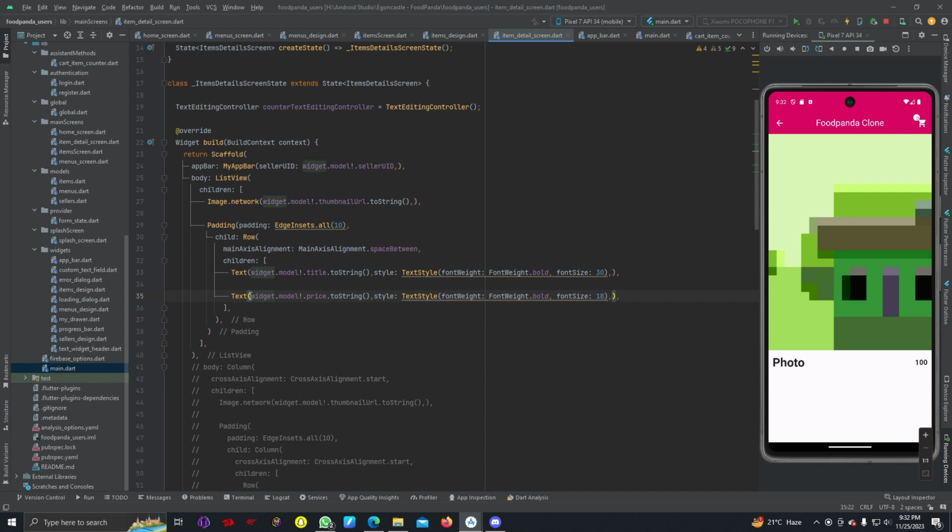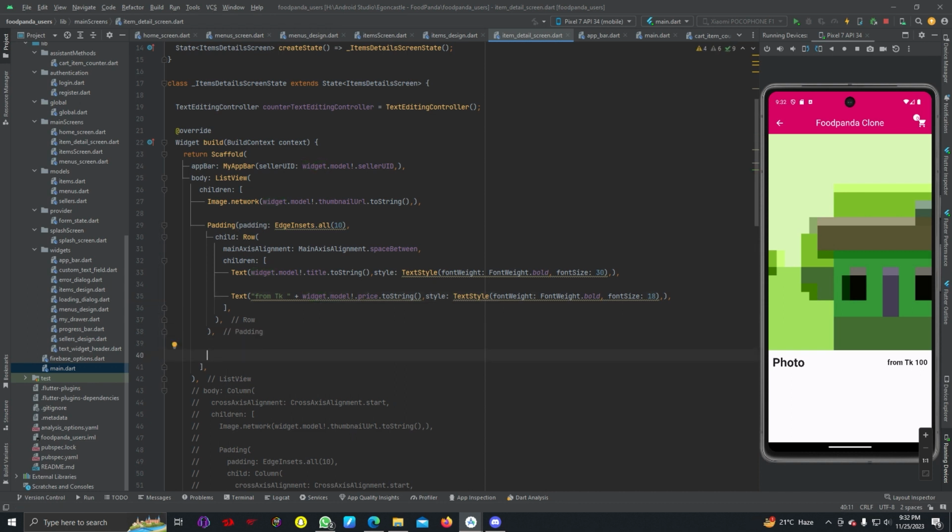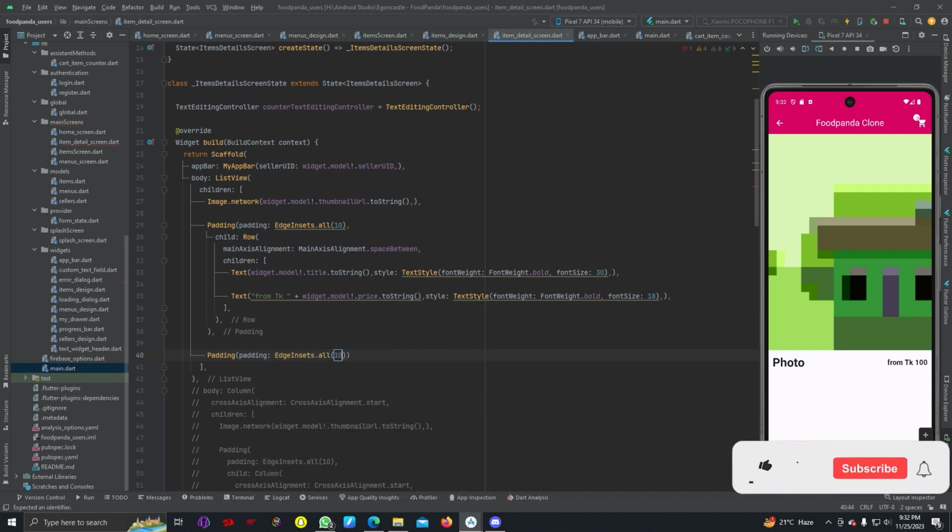You can add a text from Taka 100. So after this padding we can add another padding, edge insets dot all 10,